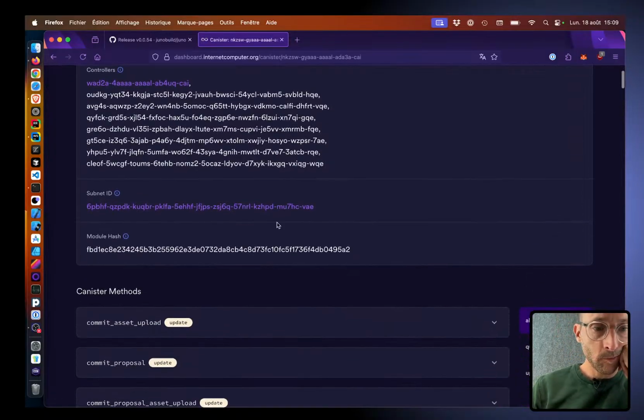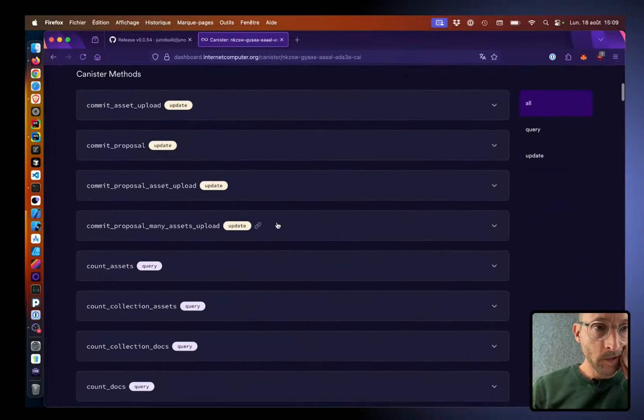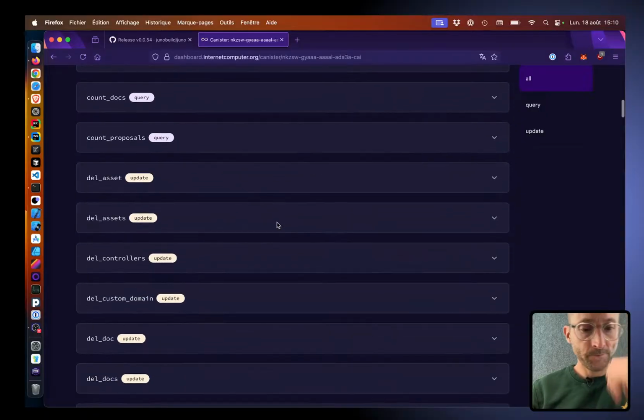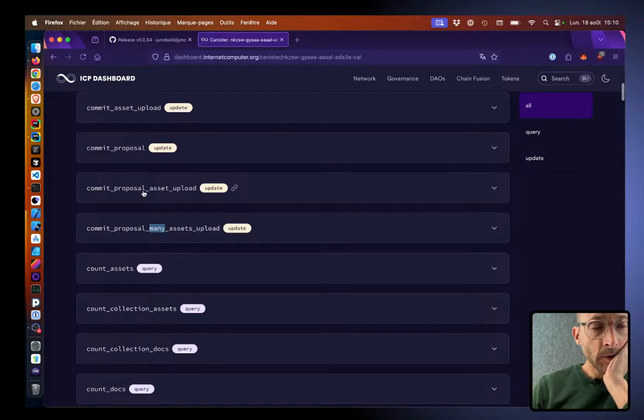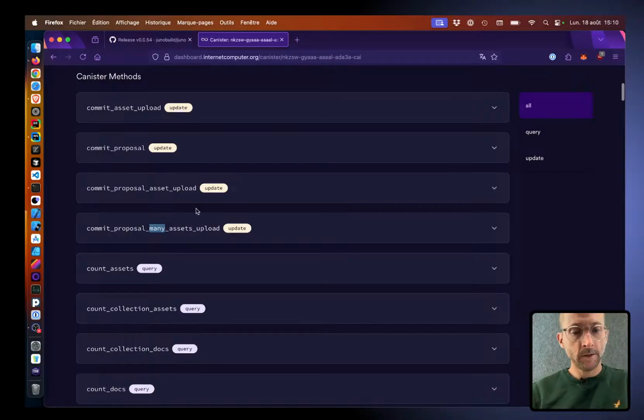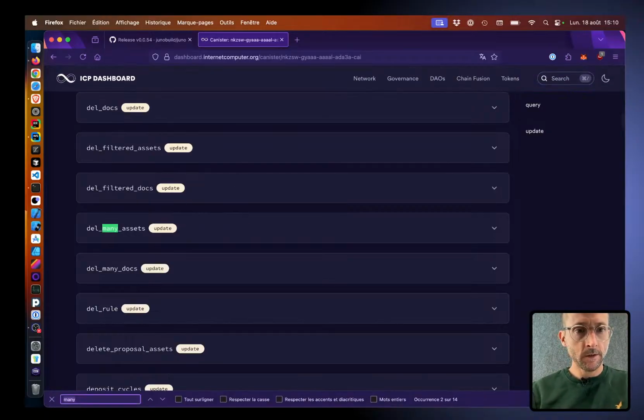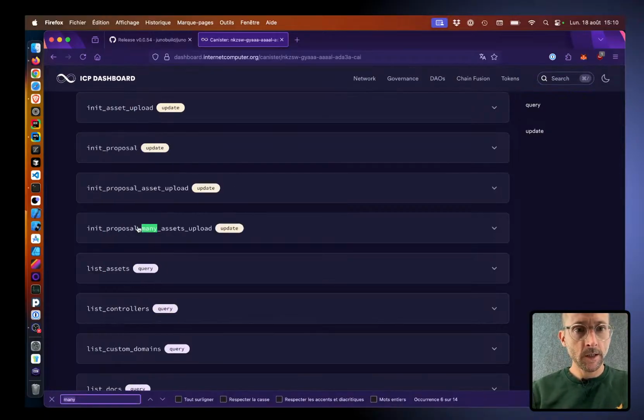If I have a look at my satellites, you see here there was like a singular commit function for asset and a singular init asset. So what it used to do,